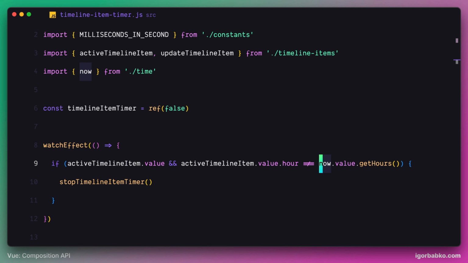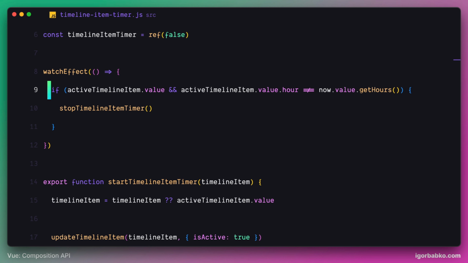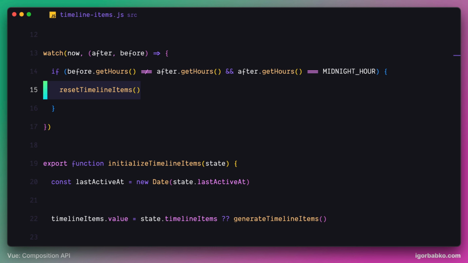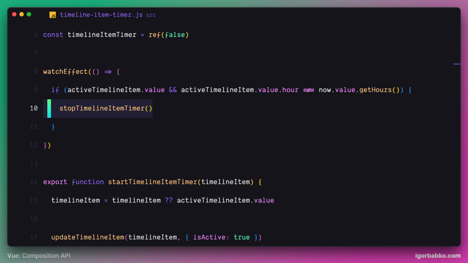Inside the timeline item timer module, we have registered this watch effect, and whenever a new day begins, we're calling stopTimelineItemTimer to stop the running timer. But it looks like this function gets called after we are calling this function, resetTimelineItems, in another watcher. And just to make both of these functions be called in the proper order, let's combine these two